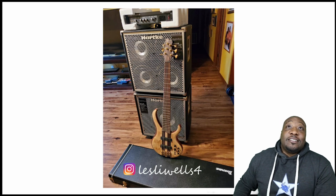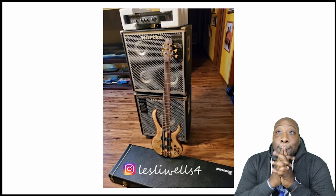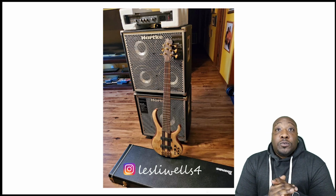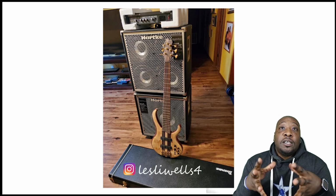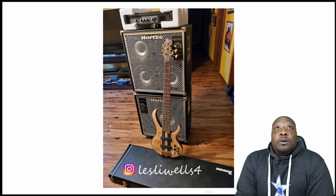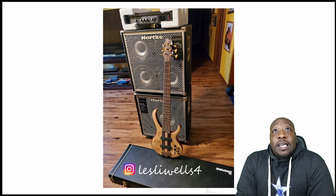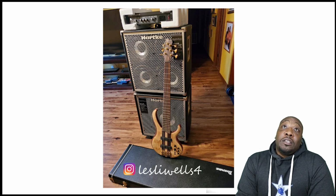Let's just take a second to look at this thing. Leslie Wells, I'm going to assume, I'm not even going to make that assumption. I'm just going to talk about the entity Leslie Wells. Let's talk about what you got going here. You got four Hartke HyDrive HX410 cabinets sitting on top of a 115. Then you're coming up for the head unit. It looks like a